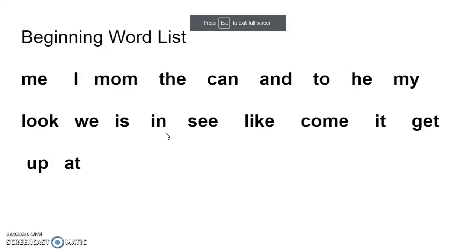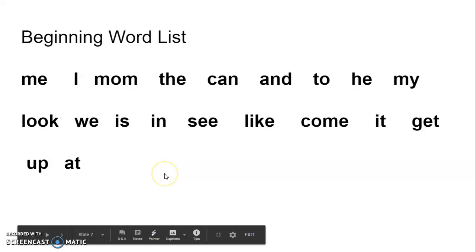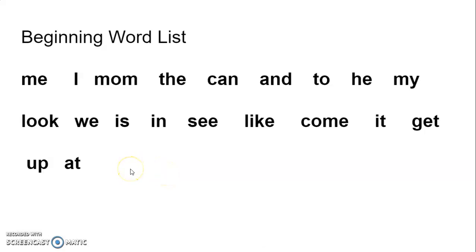Okay, next, one of our focus is the words, and this is our beginning word list. And several students now are beginning to remember these words quickly. So make sure that you practice also at home and learn these words quickly as well. So we have a few more minutes left, so we're going to go over these words. Ready? Me, I, mom, the, can, and, to,